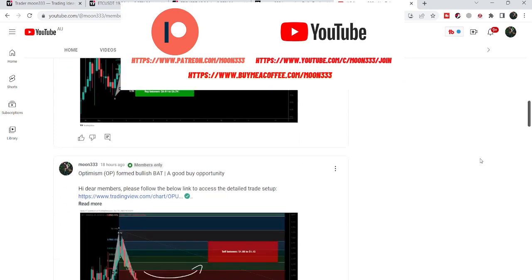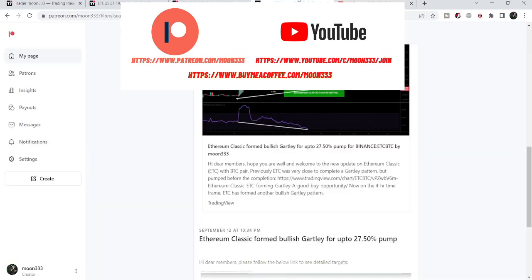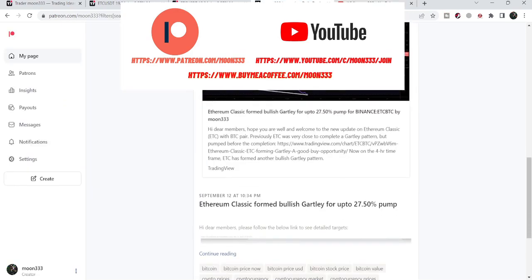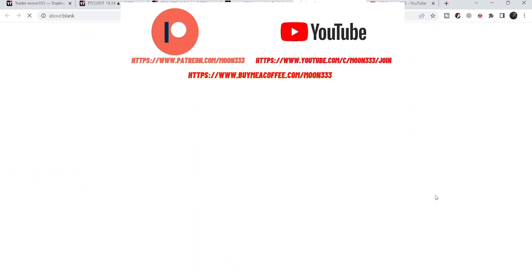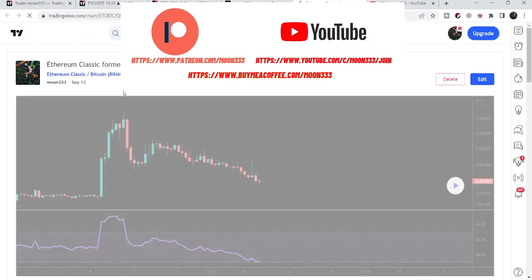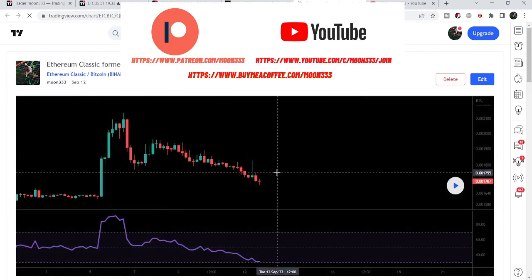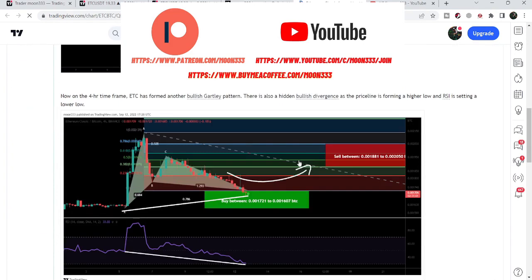So let's start the analysis. And first of all, let me begin with my last successful trade setup of Ethereum Classic that I shared with my members. That was a harmonic bullish reversal Gartley pattern that Ethereum Classic formed with the Bitcoin pair on the 4-hour time frame chart. By the way, I shared this idea on 12th of September, and you can see this pattern was formed with Bitcoin pair, and our buying zone was from